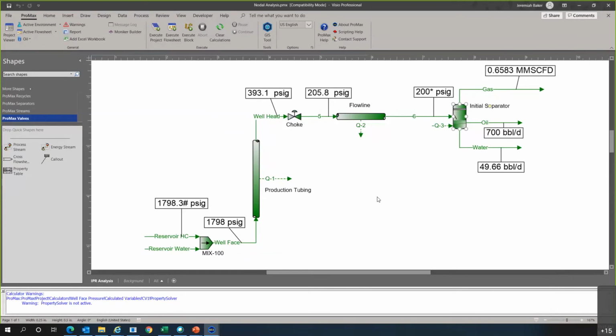And if we want to change our production level, that's when we go to the choke valve, not the initial separator set point. But in this case, we are pretty close to that choke flow. So you just saw when I changed that to 750, it did not give us that warning, which means that we were not choked. So that would not be a great way to get more production, because we would then